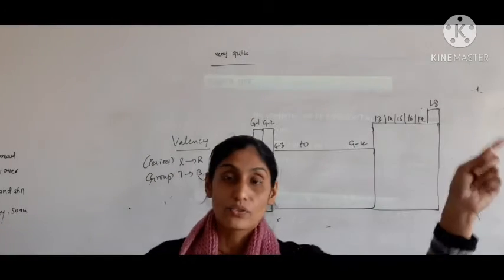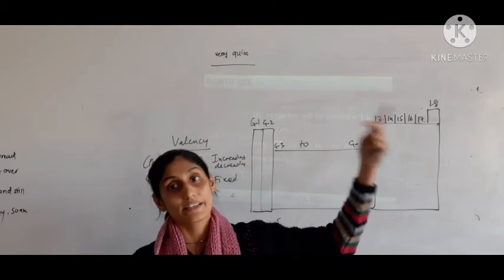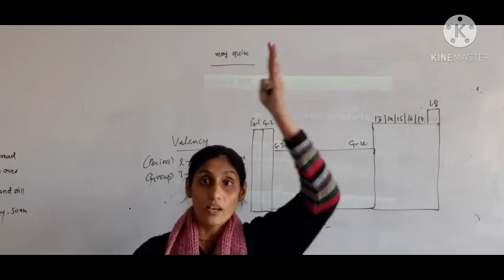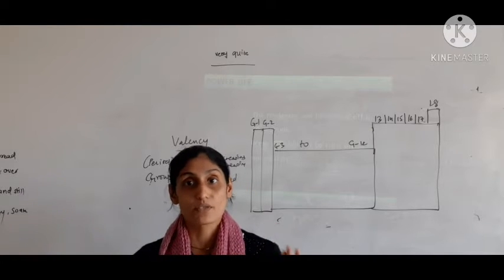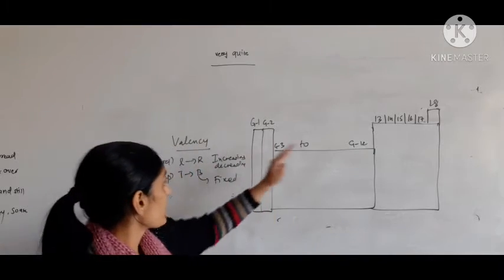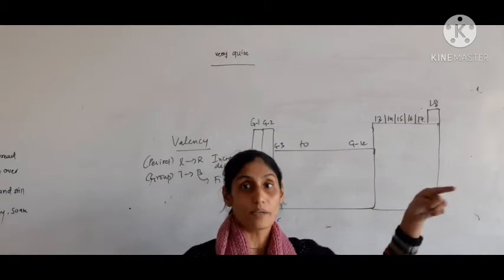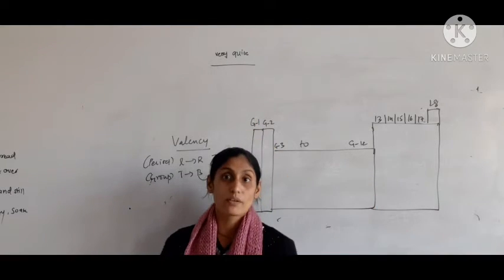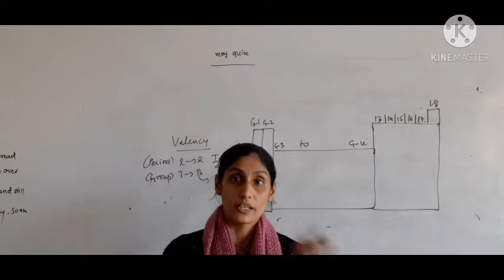When we are moving left to right, it increases from 1 to 4, then decreases from 4 to 0, and down the group it remains fixed as the number of valence electrons remains fixed. Valency depends on the number of valence electrons. Moving left to right, the number of valence electrons increases with each succeeding element, whereas moving down the group, the valence electrons remain fixed. The number of valence shells is going to increase.